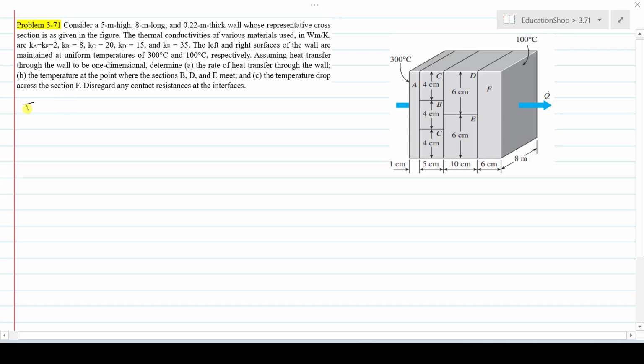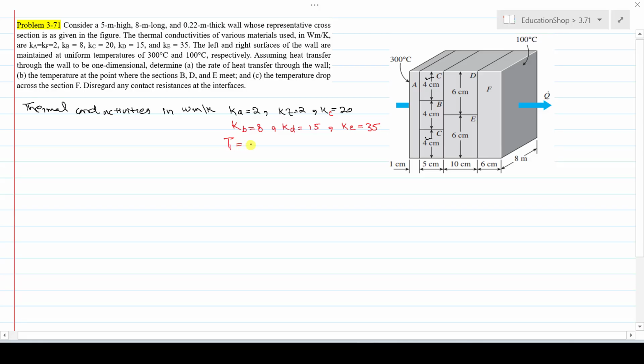The thermal conductivities in watt per meter Kelvin are: for section A it is 2, for section F it is also 2, and for C it is 20. There are two sections of C, one upper and one lower, and its thermal conductivity is 20 watt per meter Kelvin. The thermal conductivity of section B is 8, and of section D it is 15, and the thermal conductivity